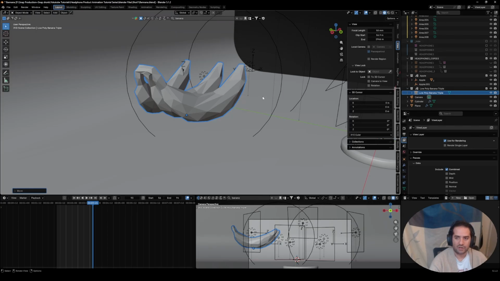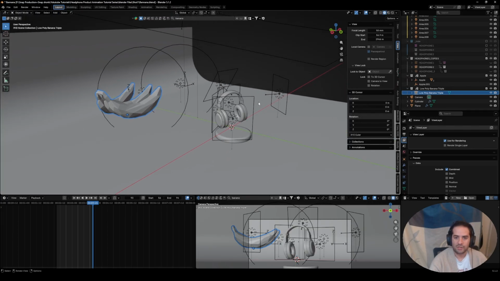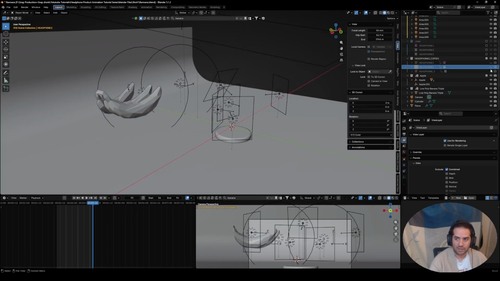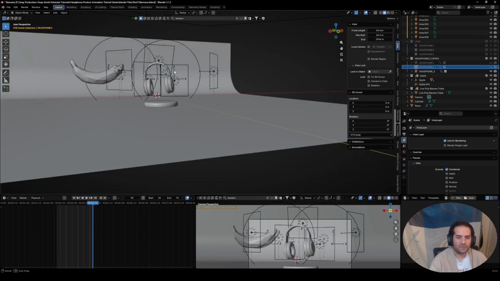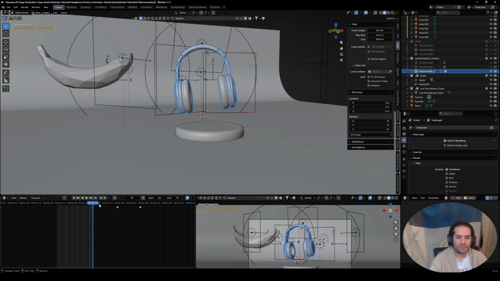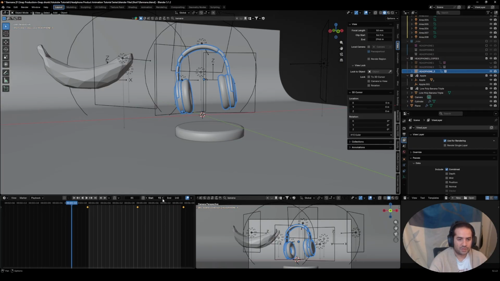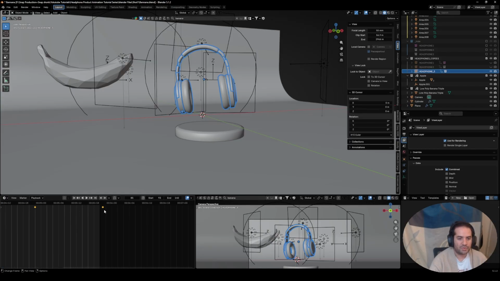Oh, also we are not going to be using this one anymore, so we can hide it. And the headphones we animated before are already animated, so we can just start right at where it starts, and then go to a little bit right before the frame ends. So let's go to where that frame is. There we go. I like to put the frame right before it ends so it doesn't just stop at the end,